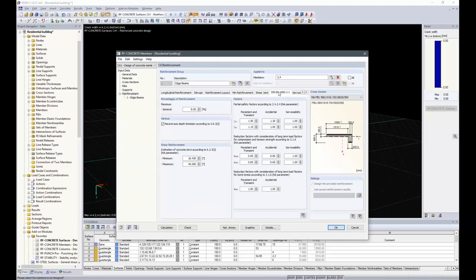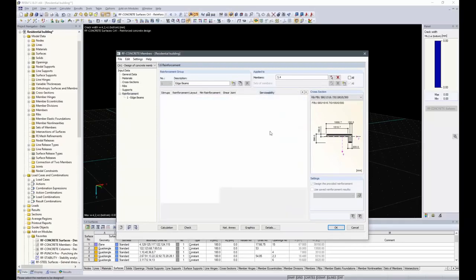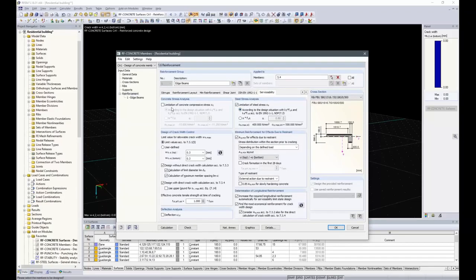The next is again the code, the settings for the code. We leave that according to default and go on to the serviceability. Here we want to do a design for the concrete stresses, for the steel stresses. We want to do a crack width design, again